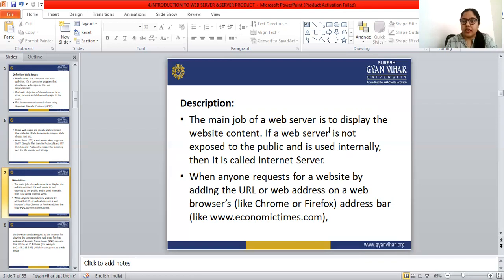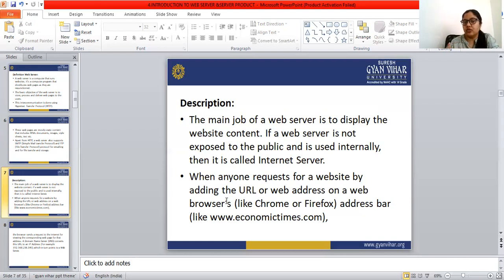And when anyone requests a website by adding a URL or web address on a web browser, Google, for example, is a web browser.